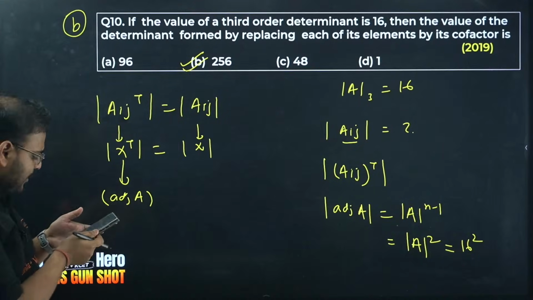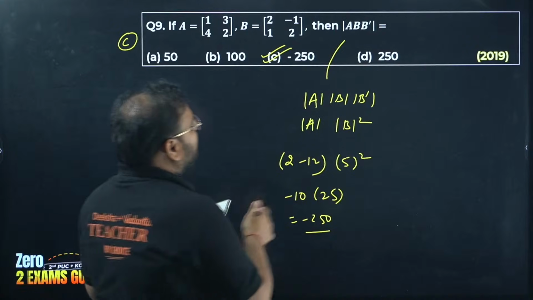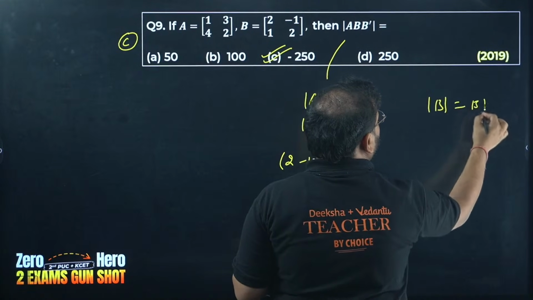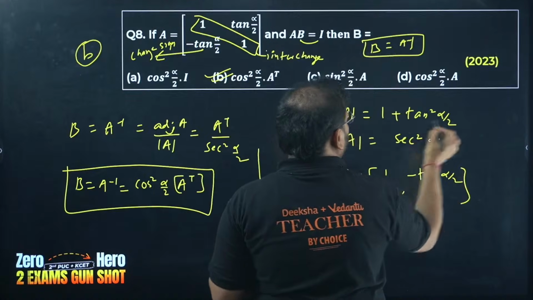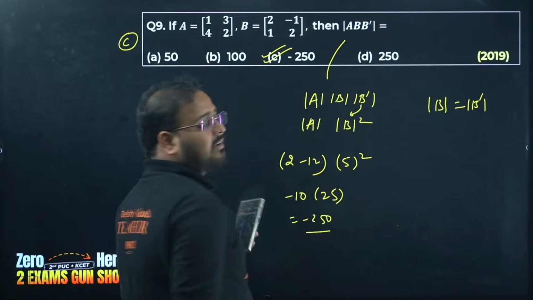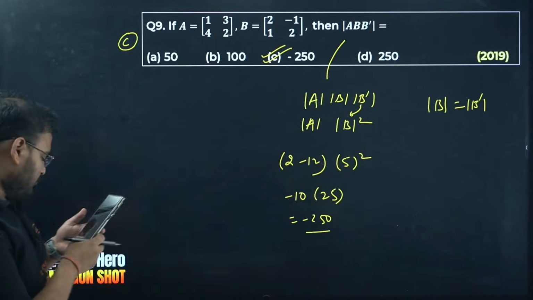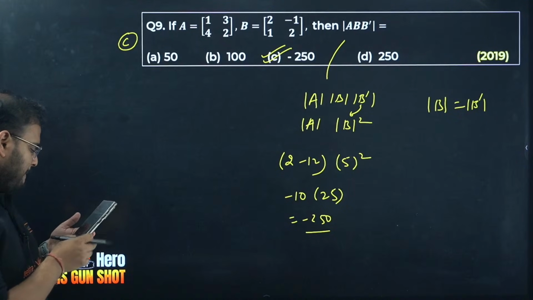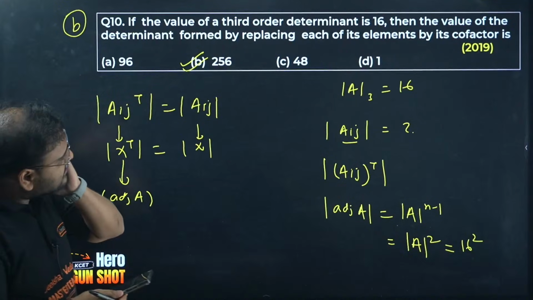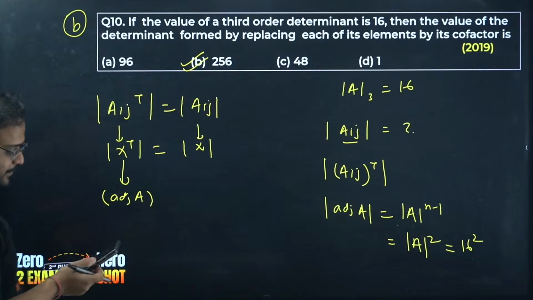Ninth one is B square. Yeah, because if you write this, the determinant of B is the same as the determinant of B dash, so I can replace this by B only, no? It will become B square, right? That's how. Okay? Pradyum? So 10th one is B only. I hope your doubt is cleared.